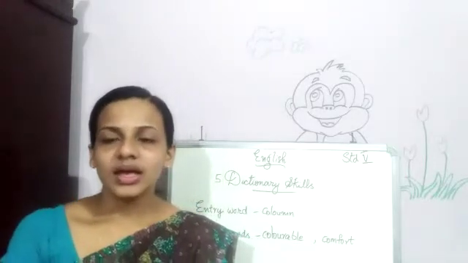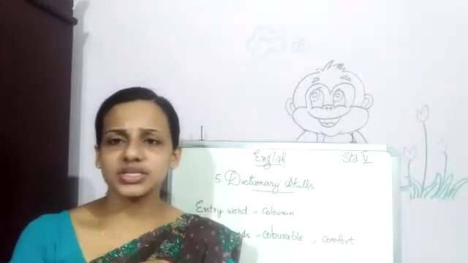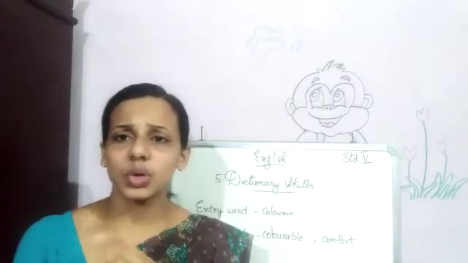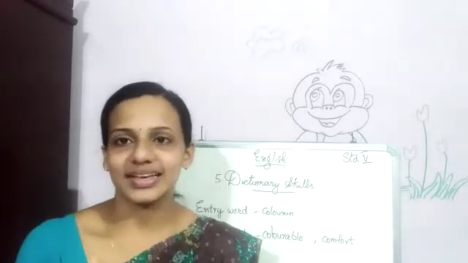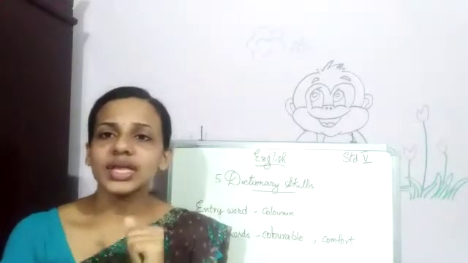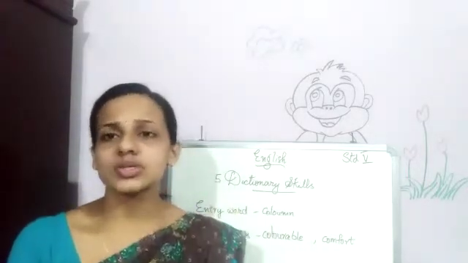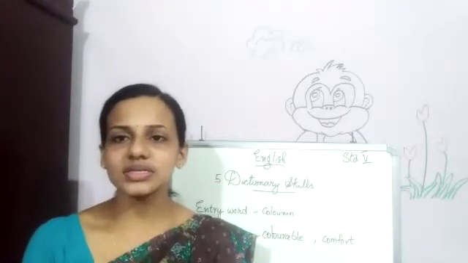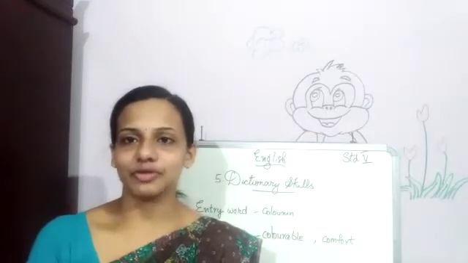And how will we find words starting with the same letter? How will we find it in alphabetical order? Yes, very good. We will go to the second letter of the word, and if the second letter is also the same, we will go to the third letter of the word. Likewise, it goes on and on. So, I hope this is clear for you.